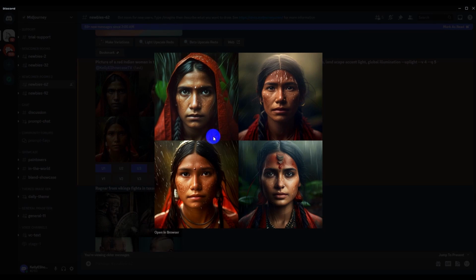I said red Indian woman. Yeah, this one looks like a red Indian. This one just looks like an Indian from Asia. This one looks red Indian. This one looks like an Indian from Asia. These two, yes, red Indians from USA, Indians from Asia.